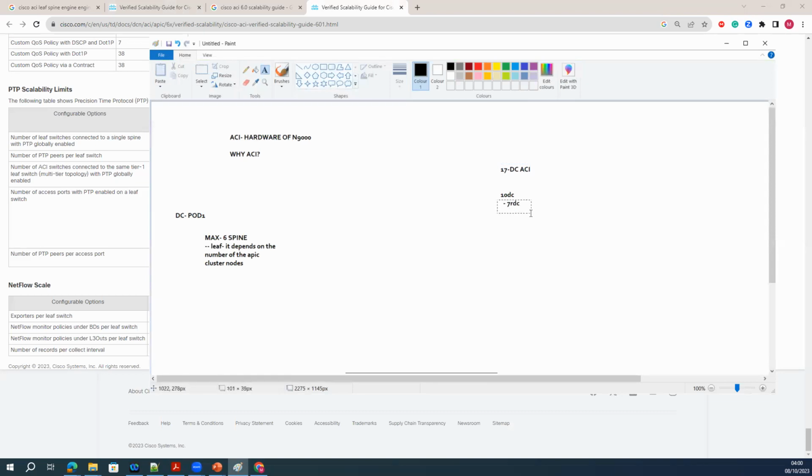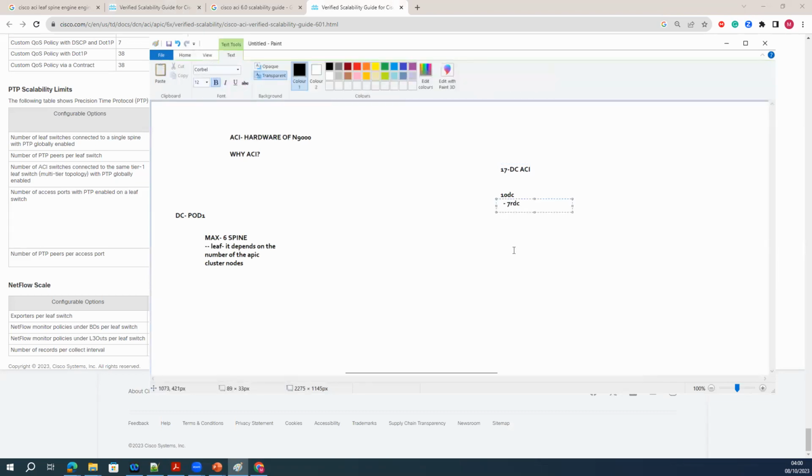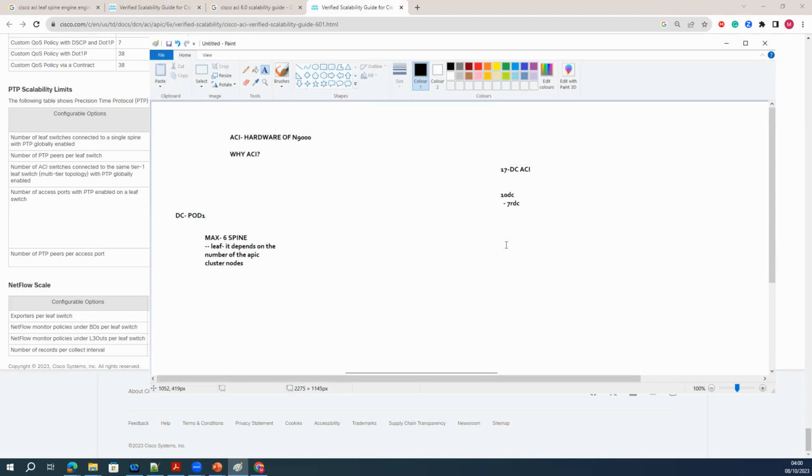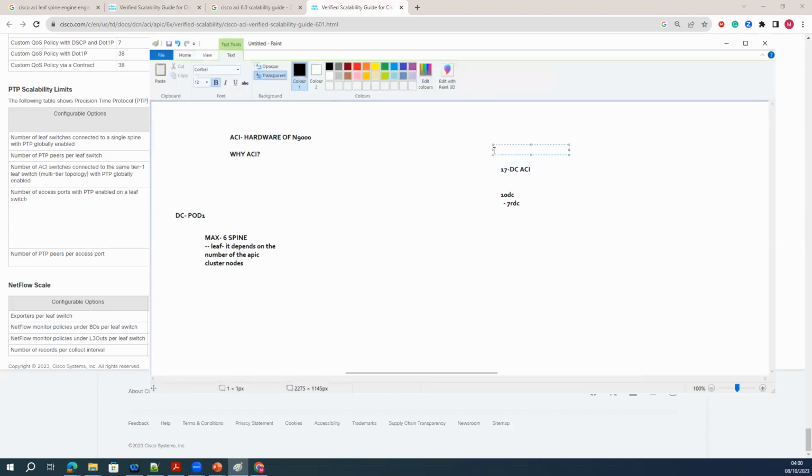There also you can deploy Cisco ACI, like with one spine to leaf kind of stuff you can do. But yeah, those are the biggest ACI deployments which I know. Rakuten is a client in Japan across 10 data centers and 7 RDC, remote location DC. Remote location DC is equivalent to the sites.